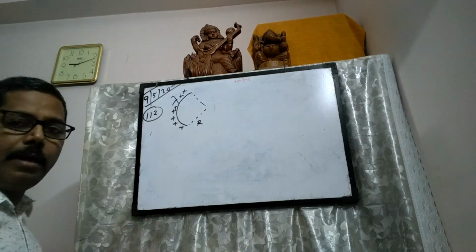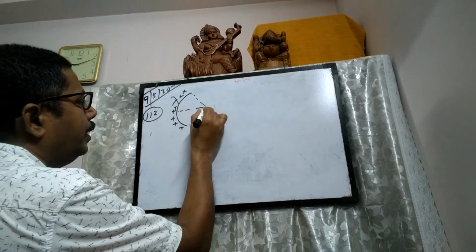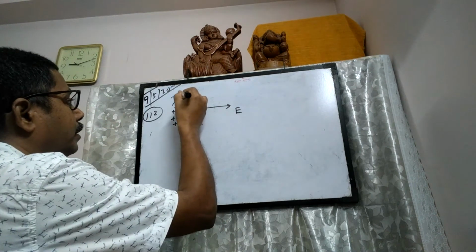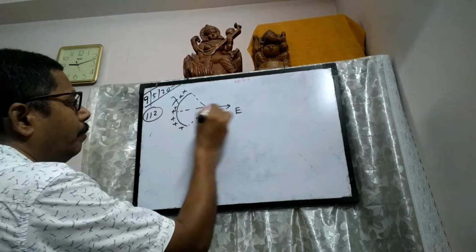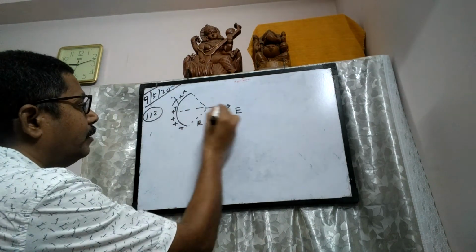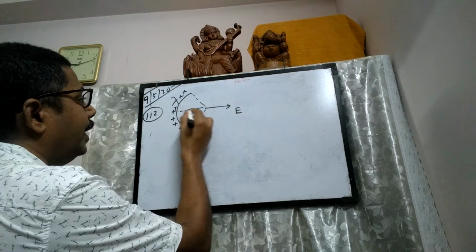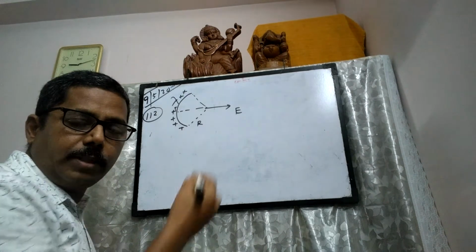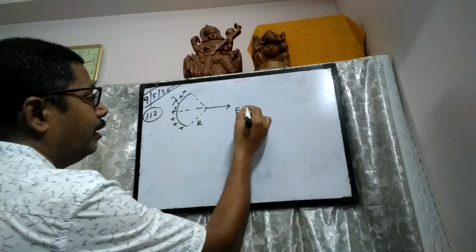and r is the radius of the arc, the electric field will be along the line of symmetry. Line of symmetry means this is the arc, this is the center of the arc, and this is the perpendicular bisector. Or this is also called the line of symmetry. So along the line of symmetry means this half and this half are exactly similar. And remember, the electric field will be along the line of symmetry, right? And that is given by the formula.